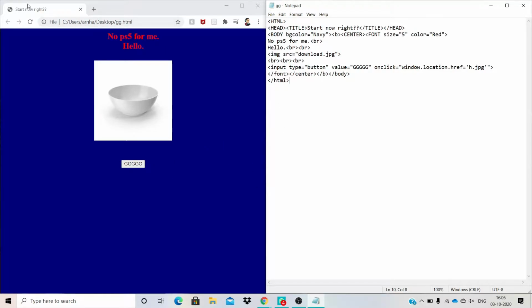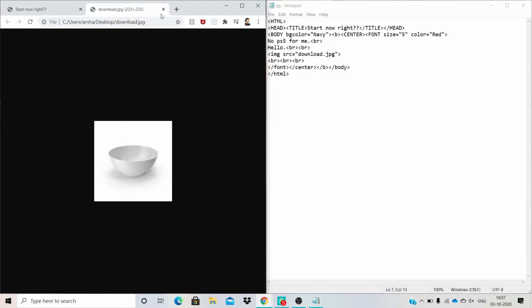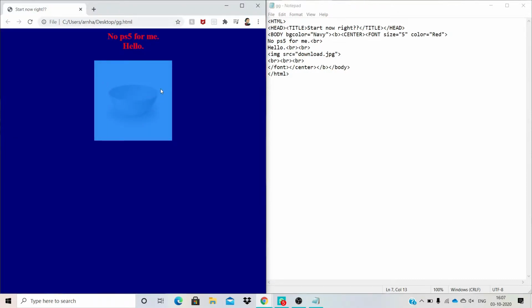Here it is, the HTML tutorial 2, I think. Okay, so last time we left here. I added this button just for practice. Last time we added text, we added color to text, we added a BR tag so that it breaks the line, and then we added an image.